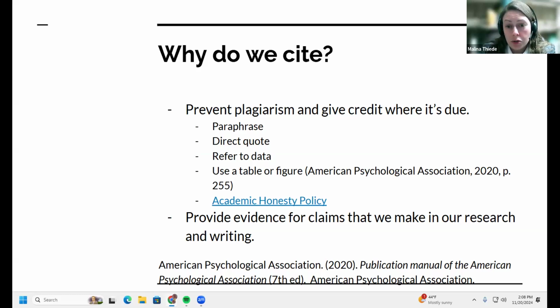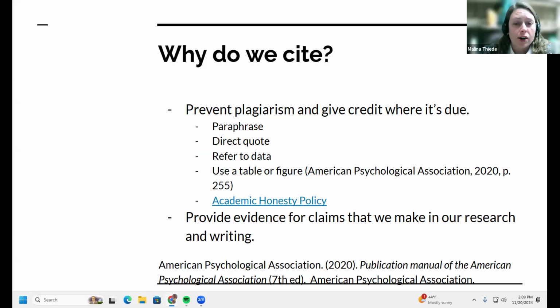So according to the APA, the Publication Manual of the American Psychological Association, there are several times when you need to cite, one being a paraphrase. So even if you're not using someone's direct words, if you're summarizing their ideas or paraphrasing their ideas, you need to cite that because that is not your original thought, that is someone else's thought, and you need to give them credit for that. Another time is obviously a direct quote. So this is a time when it's really clear.